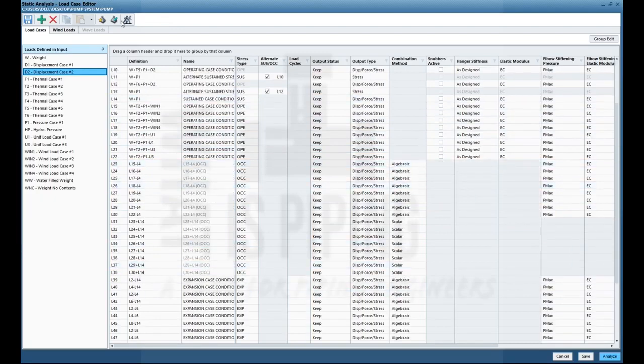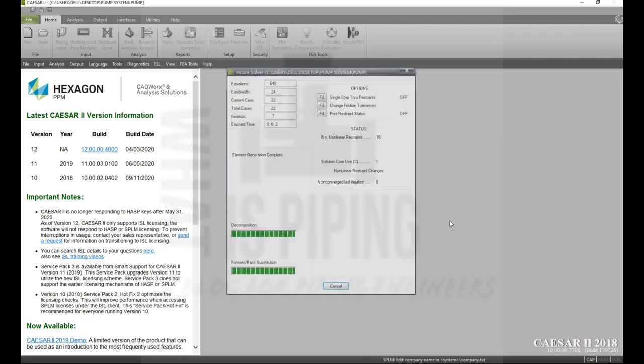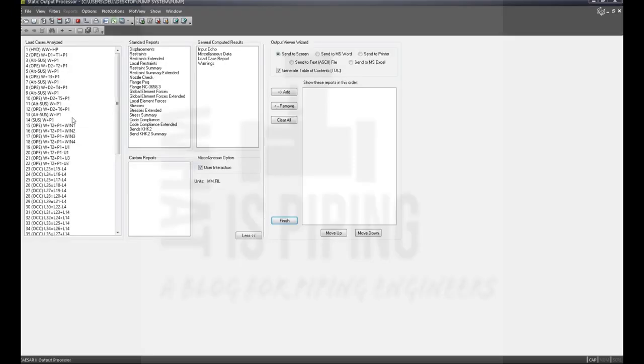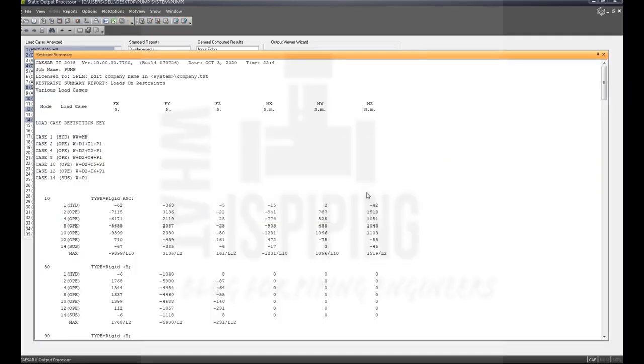Now again you can perform the analysis and check the nozzle load at the vessel with respect to that displacement, considering the vessel displacement. Meaning, in place of modeling the vessel, and in the case of a pump also, without modeling the pump, you can directly input the displacements at the nozzle node if those calculated values are known. So now you can check the nozzle loads directly for pumps as well as vessels.